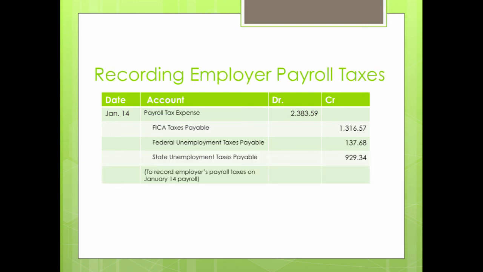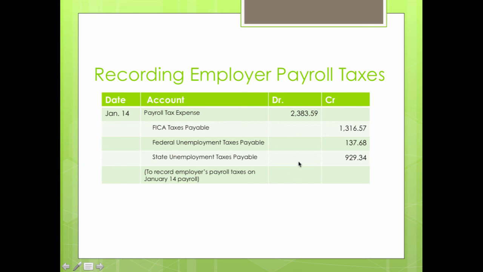And then the last thing that I need to talk to you about is, remember I told you that FICA taxes, federal and state unemployment taxes must be matched by the employer. Whatever the employee pays for the particular payroll, the employer must match it. And that's an expense for the business owner. And the way that it is recorded is in a separate transaction by debiting payroll tax expense for that specific amount,